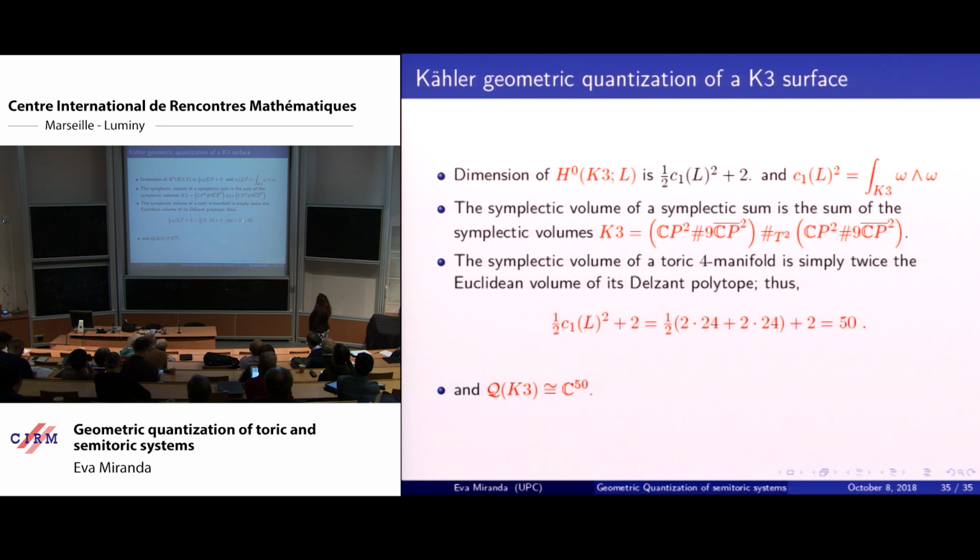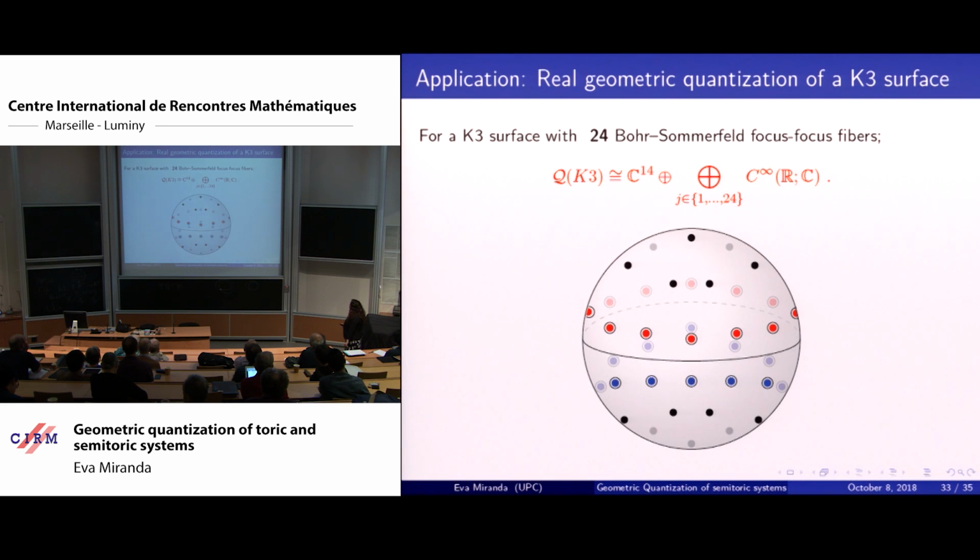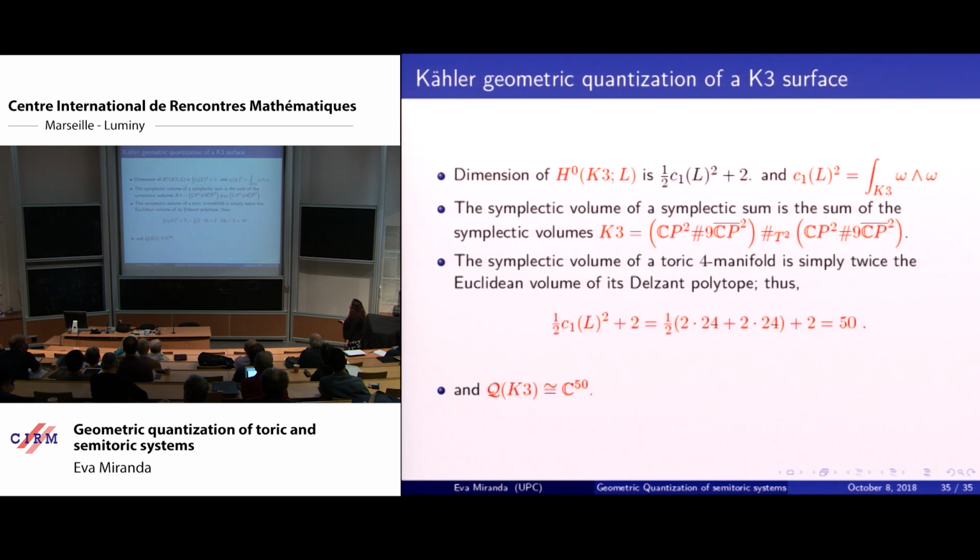So the answer, if you do the Kähler computation, in which you just need to compute H0, so you just need to compute holomorphic sections, then you get a finite answer, but you get 50 here. So still a mystery. What about this 14? What if you are able to quotient out somehow this infinite thing? Still you don't get the same answer. So, well, I don't know. That's the end of my talk. I just wanted to go back to the Kähler case and show how it connects. Thank you.